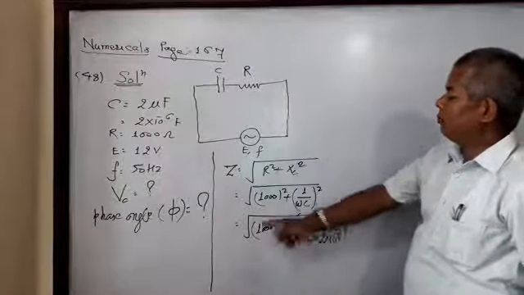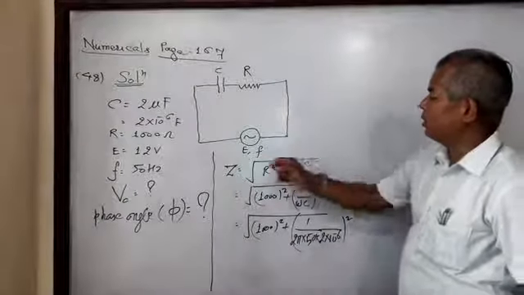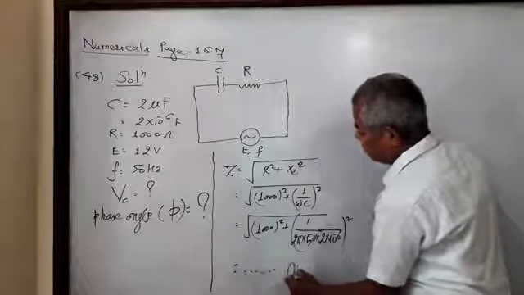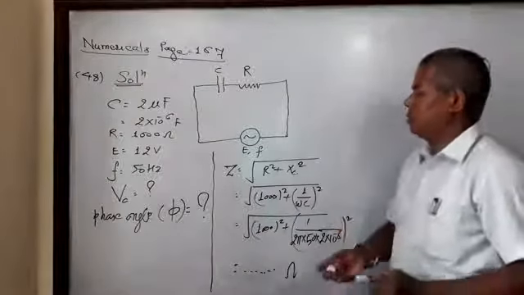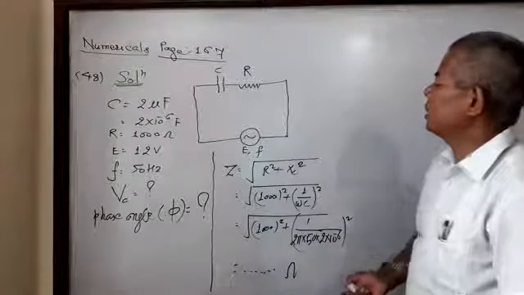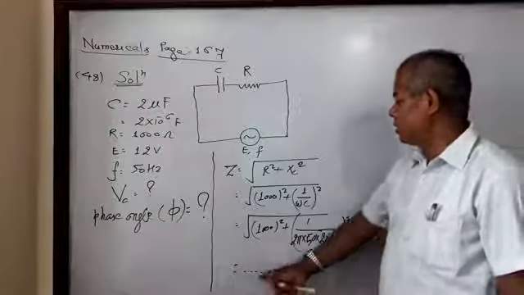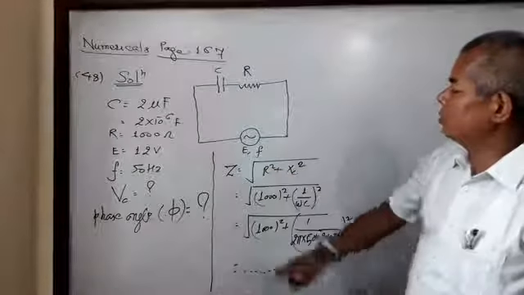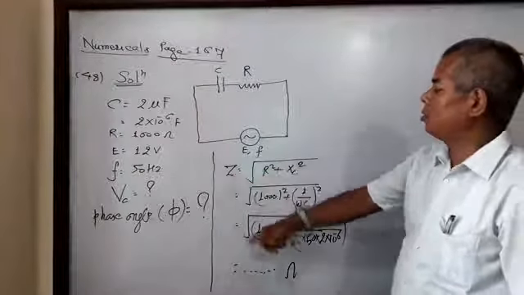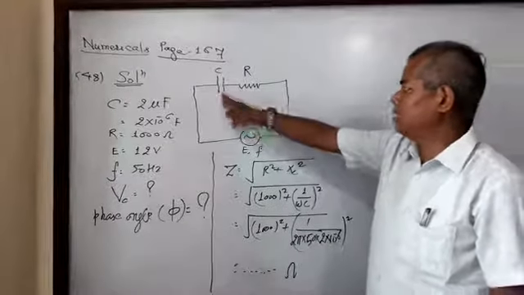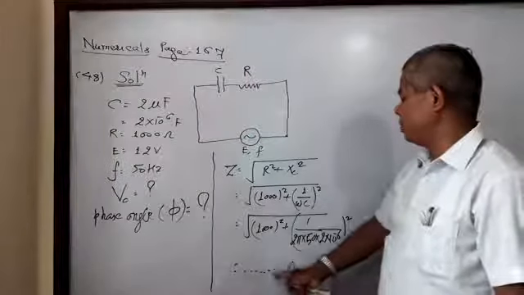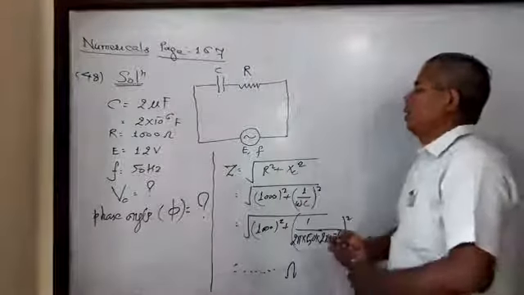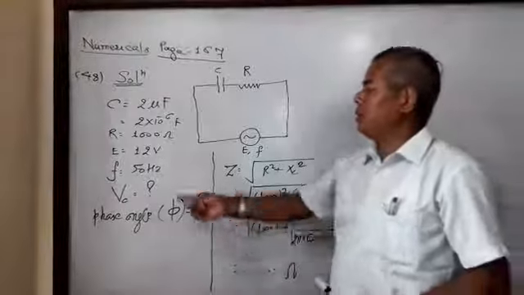Now from this equation we can find the impedance of the circuit, and impedance has the unit of resistance. This is effective or resultant resistance, and the unit in SI system is ohm. Then from this equation, using this formula, we have determined the value of impedance, that is the total resistance of the resistor and capacitor circuit.